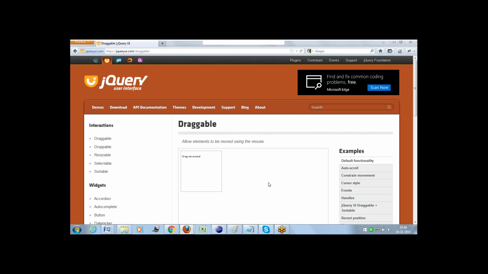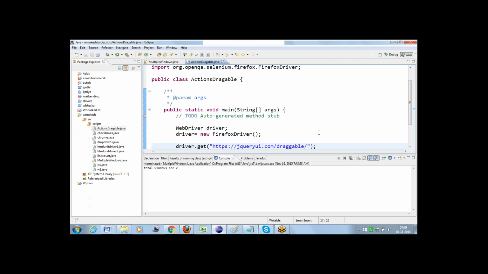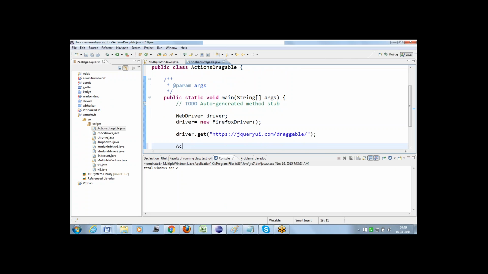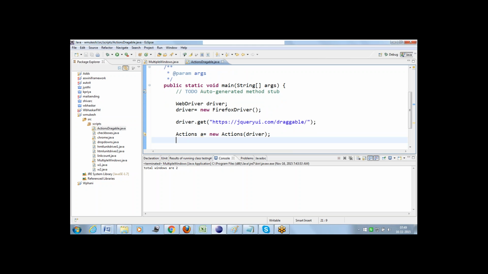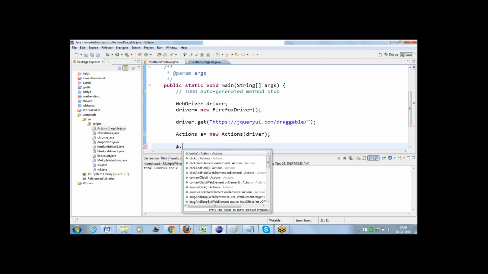In order to perform these kinds of scenarios, we need to create an object of our Actions class. Actions a is equal to new Actions(driver). We need to create an object of the Actions class. Actions a is equal to new Actions of driver. So I have created an Actions object. With the help of a dot,